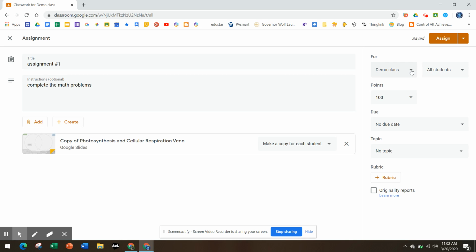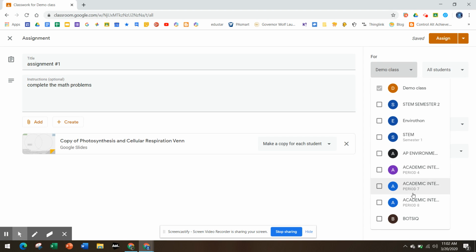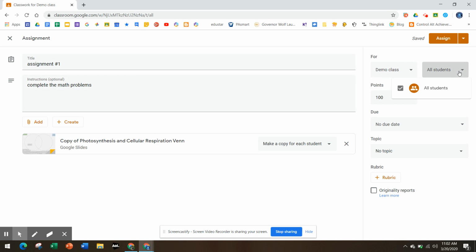You can choose to assign this to multiple classes at one time. You could also choose, I don't have any students in here, but you can choose to assign it to only particular students. So if you're giving different assignments for different students within the same class, you can change